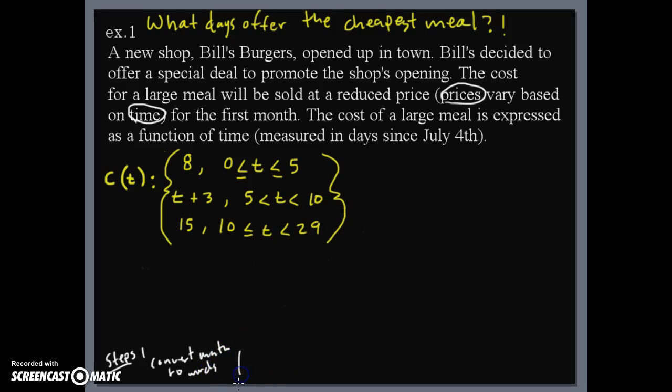and we're going to use a timeline to do this. You'll see in a second what I mean when I say that. So I'm going to take this piecewise function, C of t. We know t is obviously time, the other thing that we're comparing is cost. So C of t, we know our output is going to be cost. So we can say that the cost of a large meal is equal to, and now we're going to convert this piecewise function into more understandable